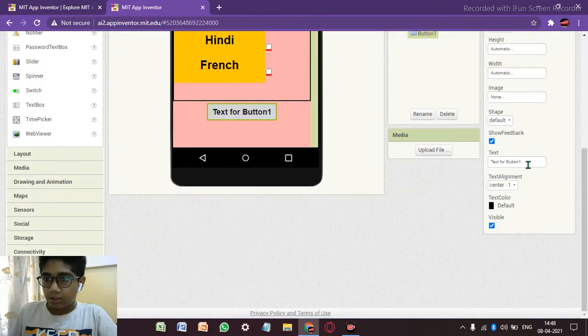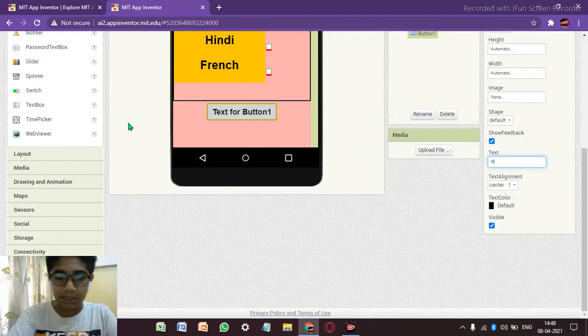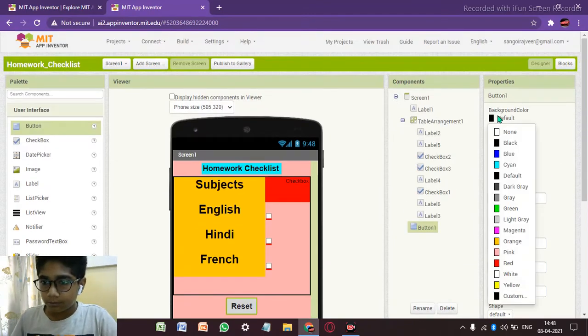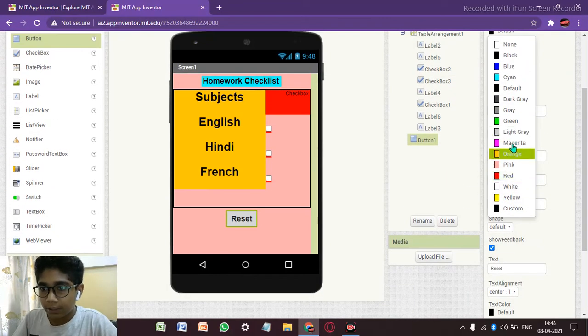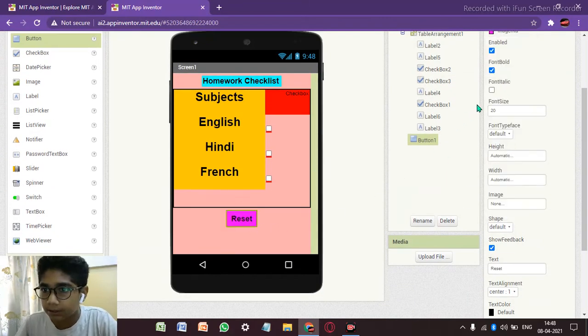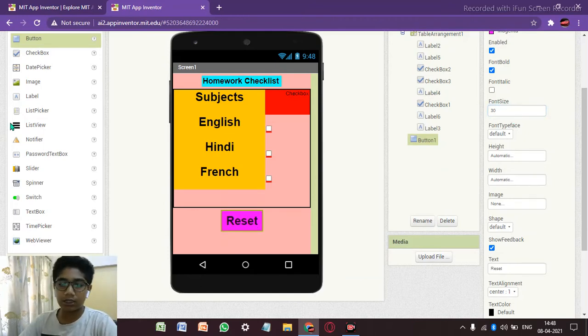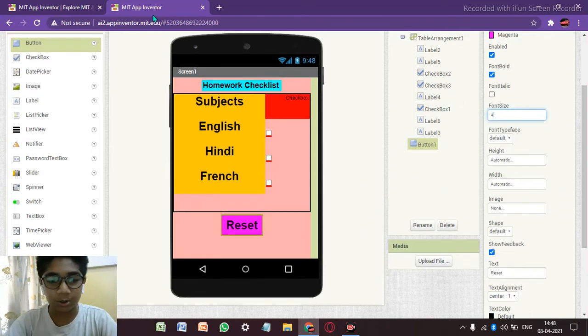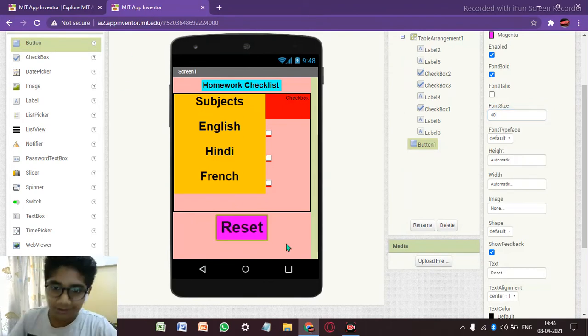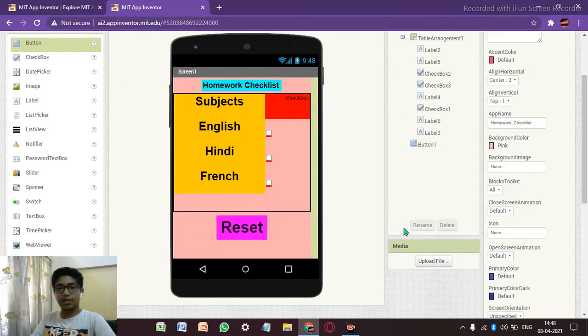Then again text as reset. Let's make its color magenta, and size this also can be 30. If you want you can make it 40 also, because we have a lot of space. 40 is exactly fine.